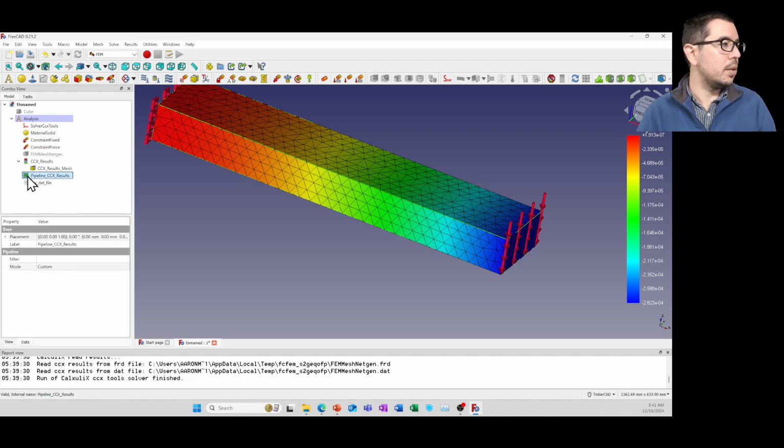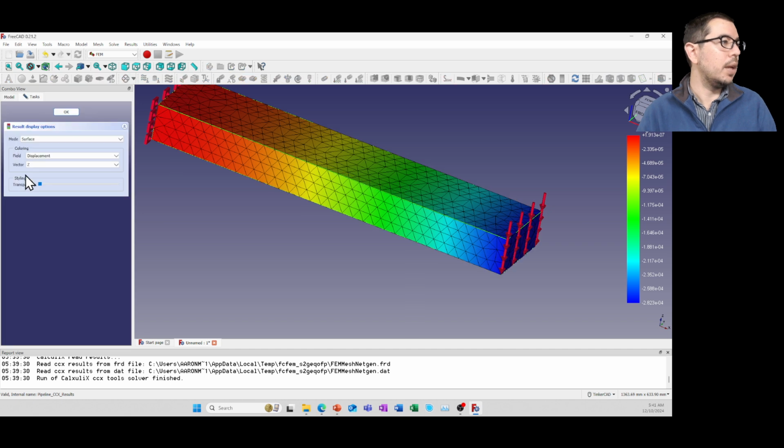Let's see. Yeah, double click there. We had displacement in the z. We see that it's minus 2.8 times 10 to the minus 4, and this is in units of meters. So that would be minus 0.28 millimeters, or it would be minus